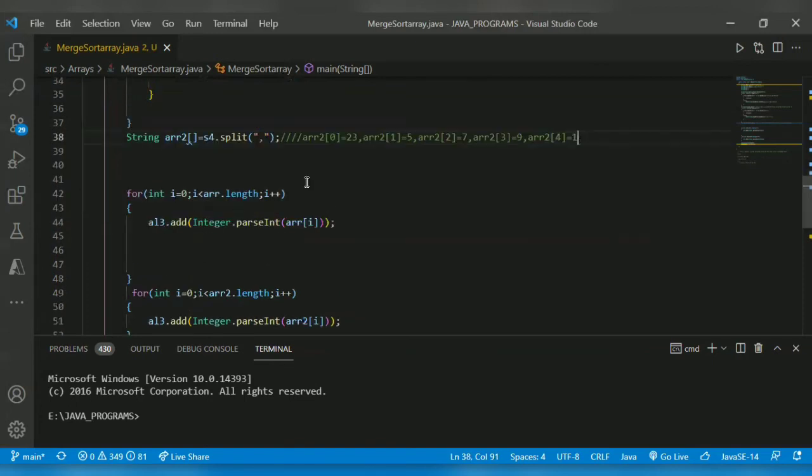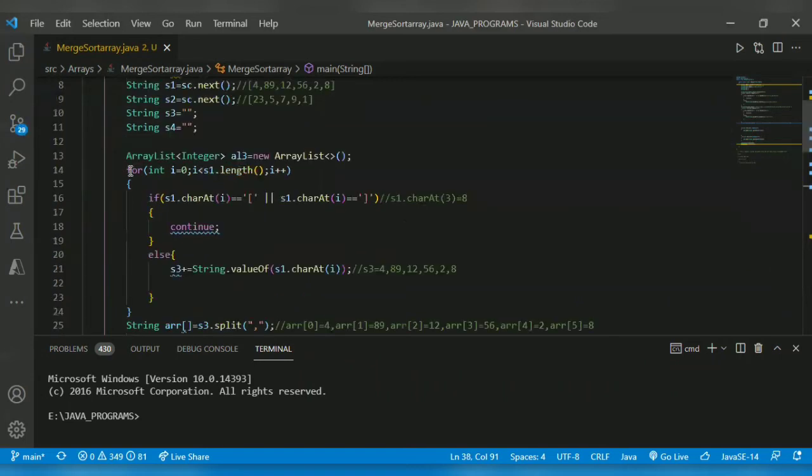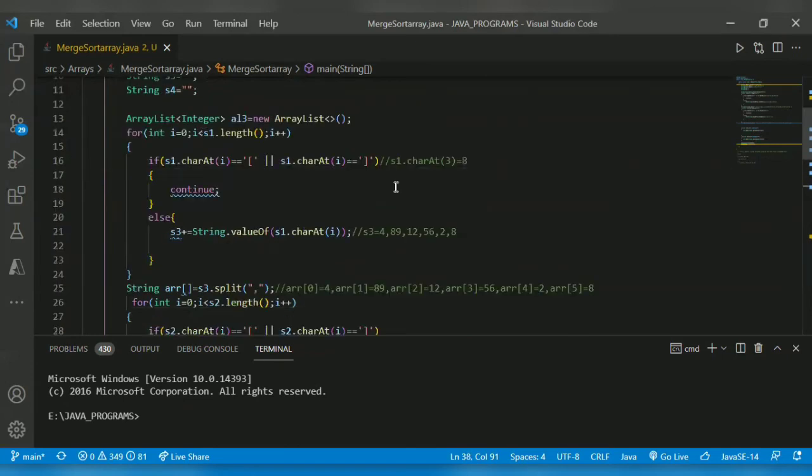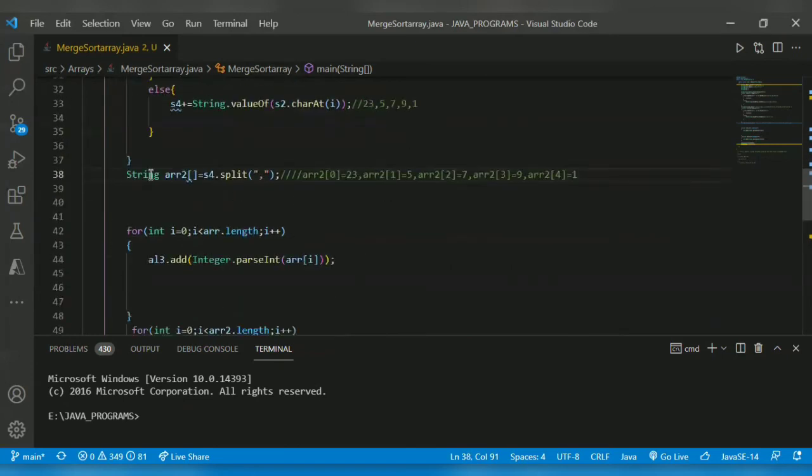After that, I add the array elements to an array list, AL3, which we declared earlier right here. It is an integer type of array list, but the array is string type. So we have to convert the string to integer. So we use Integer dot parseInt of arr of i.